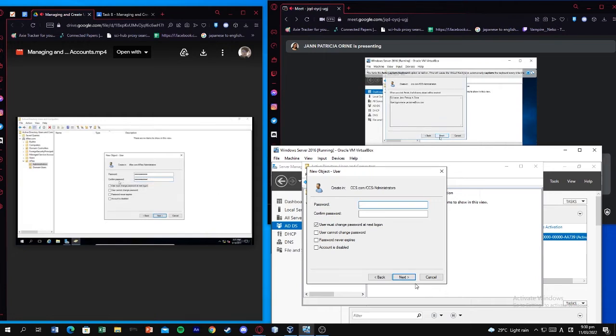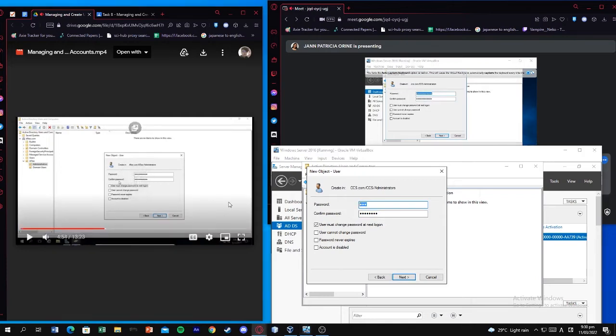Generally, how a new account creation works is that you will create the account in Active Directory using a temporary password, something like password1 or whatever you decide to use. That's hopefully a little more complex than password1. Once you create that account, you will provide